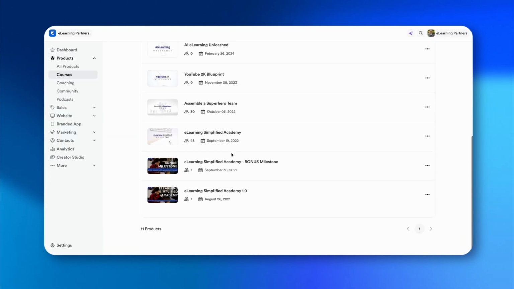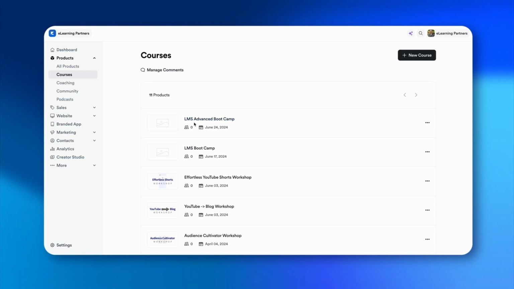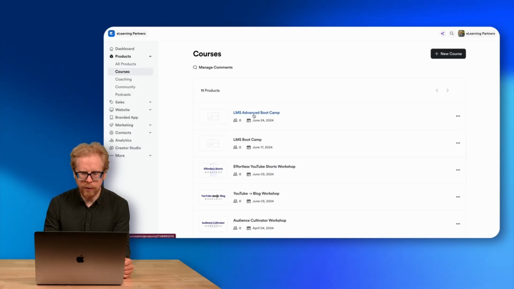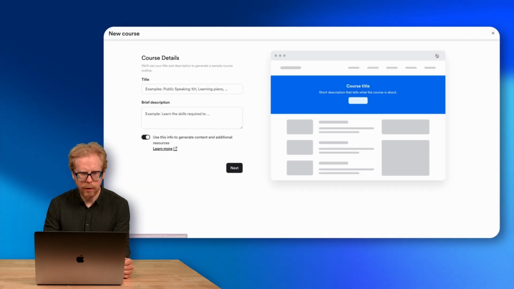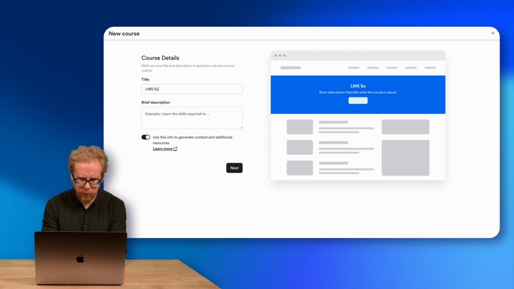Now, you can see our course library here. We even have some demo courses here because we like to teach people like you all the time how to use Kajabi. So let's create LMS Advanced Bootcamp 3.0. Or no, let's create LMS Super Advanced Bootcamp, okay? So we're gonna go to new course, and we're gonna call this LMS Super